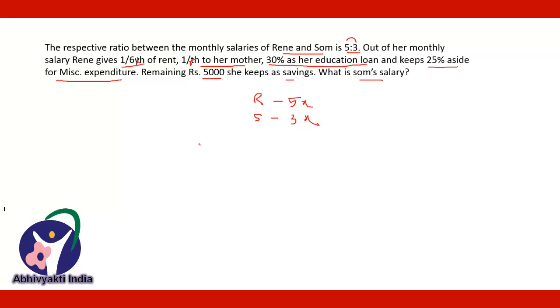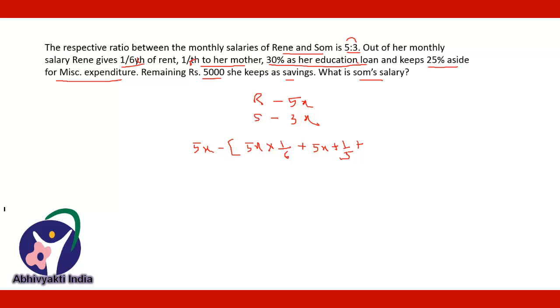Now out of this 5x, she is giving 1/6 as rent, so 5x into 1/6, plus 1/5 to the mother, so 5x into 1/5, plus